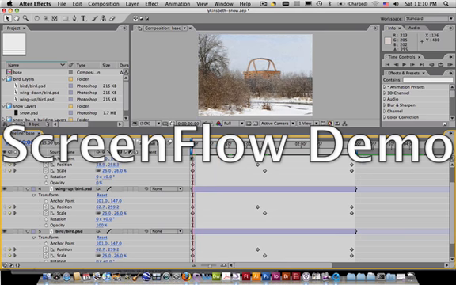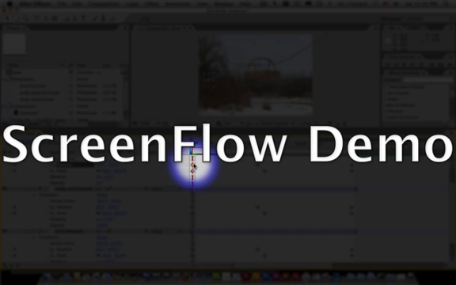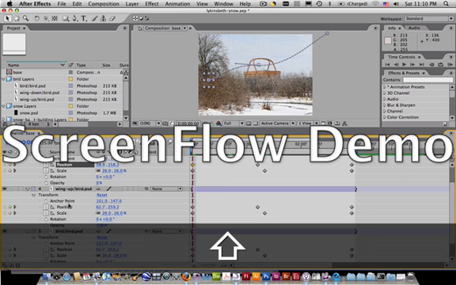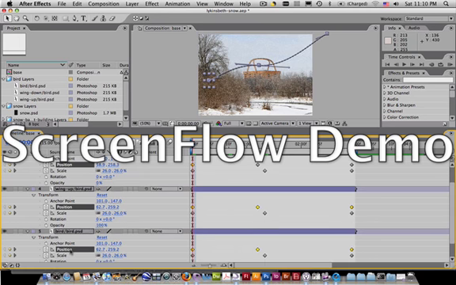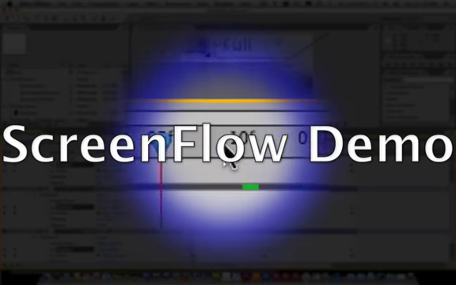So let's take a look at these keyframes. When I click on one position, I need to hold down the Shift key and click on the word position for each of the three things that I want to keep together. All right. Then I'm going to scrub across,